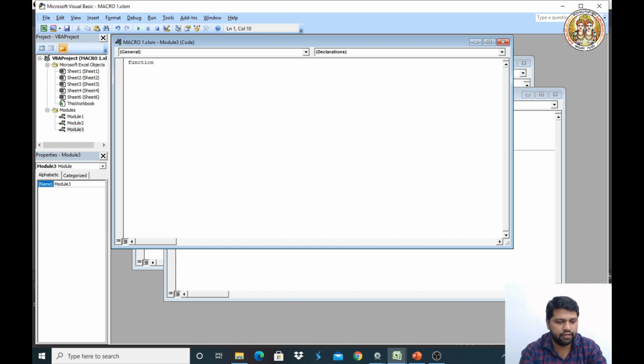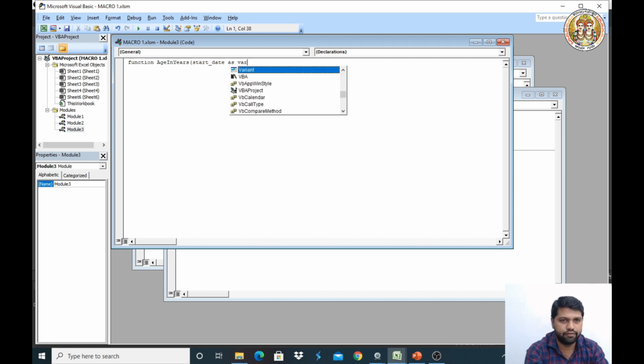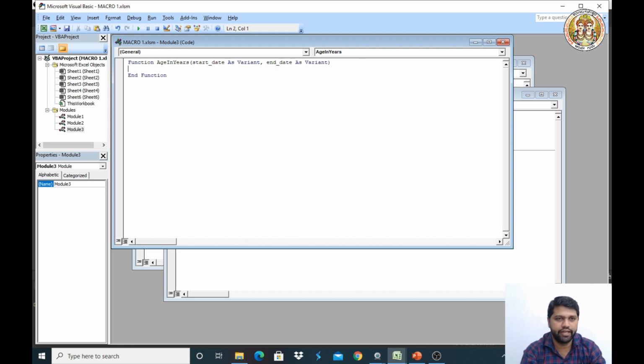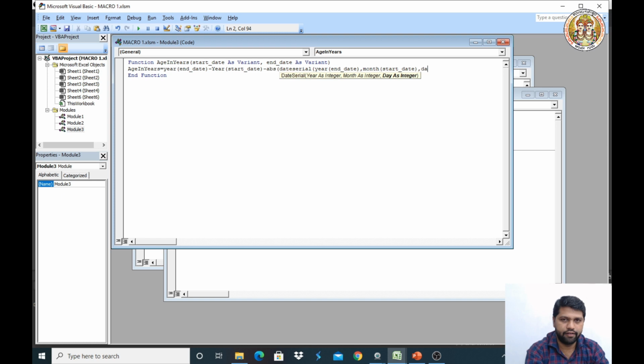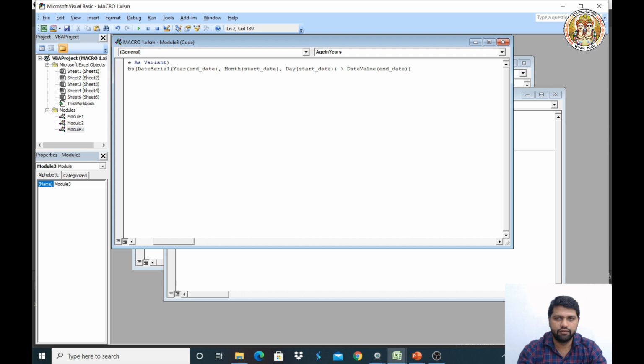Function name we need to define. Next end the function, right?